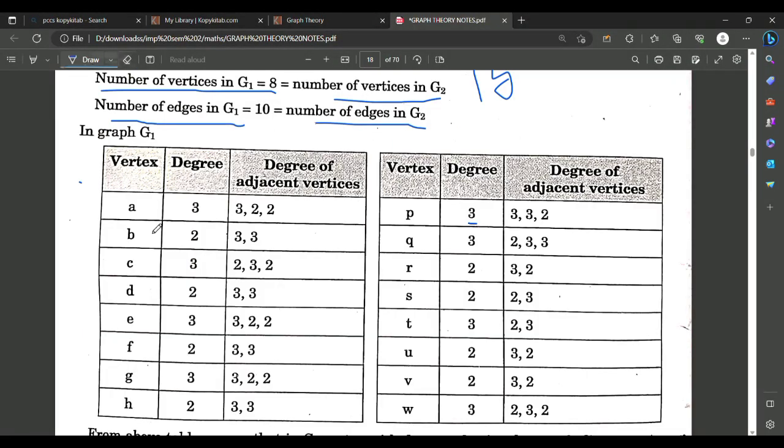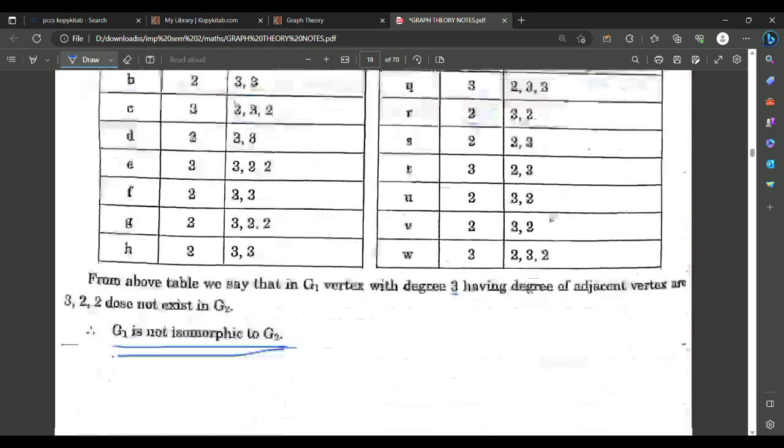Here we will check that vertex A has a degree 3 and the degrees of adjacent vertices are 3, 2, 2. We will check for a similar vertex that has a degree 3 and adjacent vertices with degrees 3, 2, 2. First we will check for P. It has a degree 3 and the degrees of adjacent vertices are 3, 3, 2, not 3, 2, 2. Therefore we will write no,